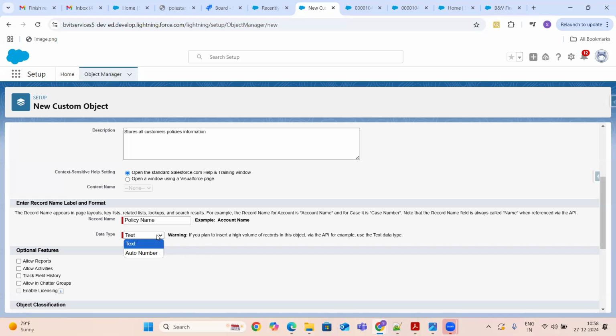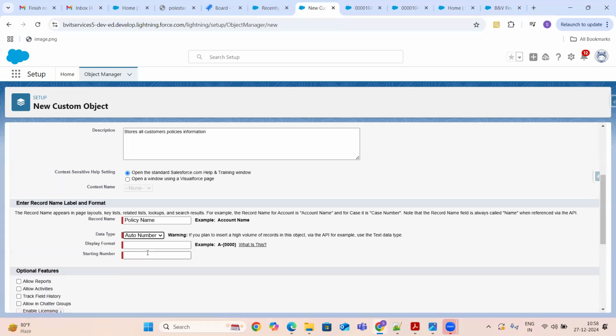As soon as somebody enters the data, I want some unique number to get generated automatically. Then we will just give it as an auto number. And here also we are going to create a policy number. So as soon as I create a policy record here, automatically a policy number gets generated for me. Okay.